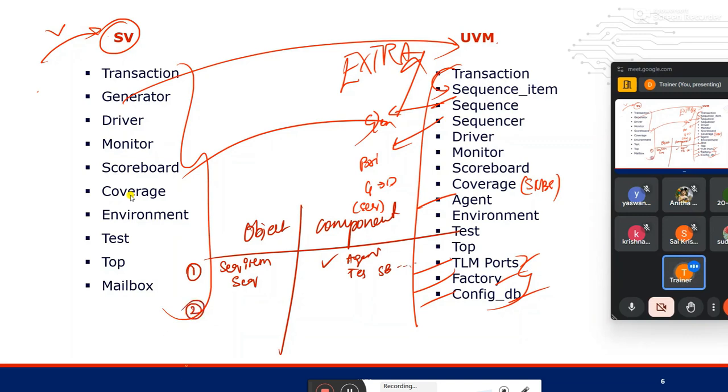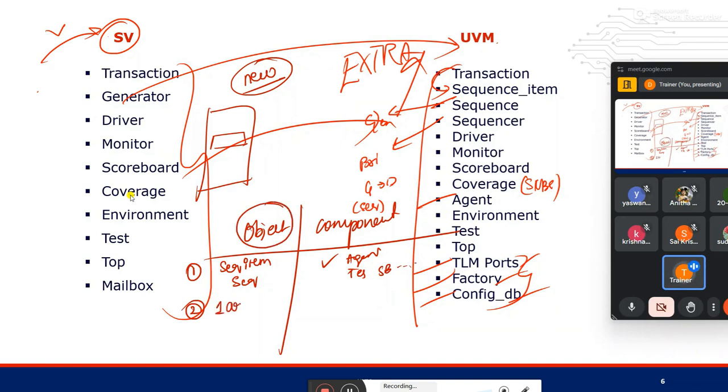Second point, we have something called the new constructor in SystemVerilog, correct? Why are we using the new constructor in SystemVerilog? To create or allocate memory, right? Here also we will be using the new constructor, meaning whenever a file is created, I'm going to create a custom constructor. When you are creating a custom constructor for an object, you will use only one argument. I'll show that now in the code. But for a component, when you are using the custom constructor, you will be using two arguments. I'll show the difference now, don't worry.